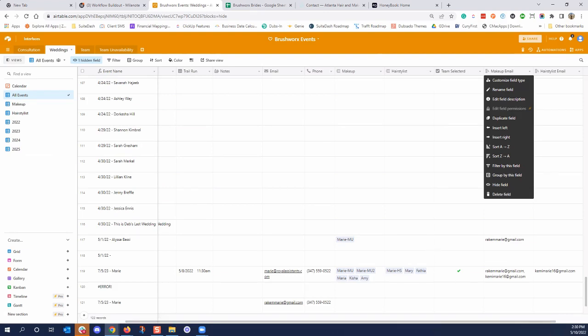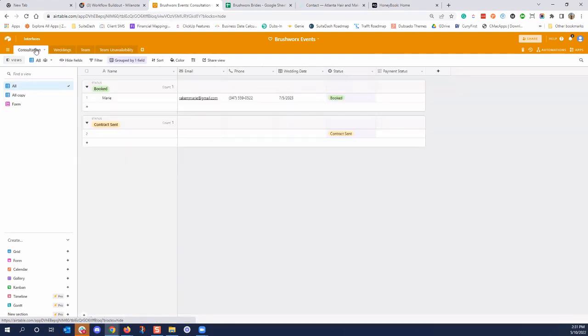All of the files of everybody that booked, find out what their planner's name was, because we give gifts at the end of the year to the people who recommend us the most. So if we could somehow see them all here and then be able to group them by all the same name, is that a possibility? So we can see like, oh, this planner recommended us like 25 times this year.